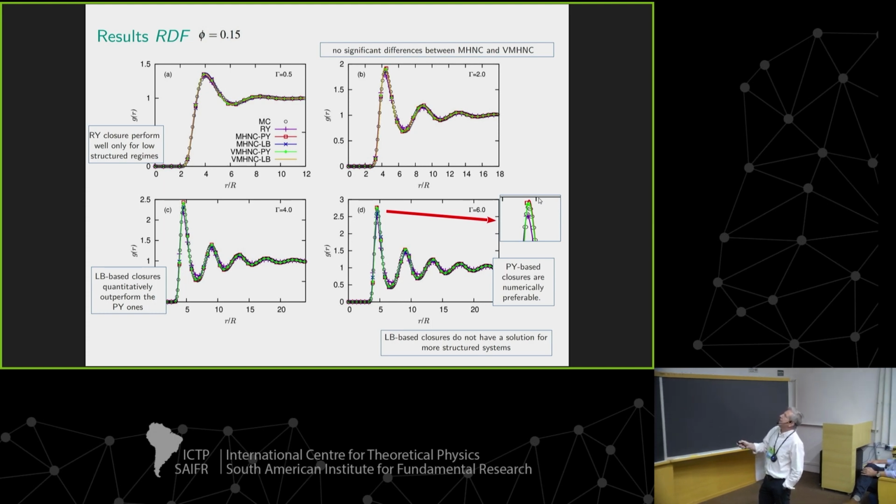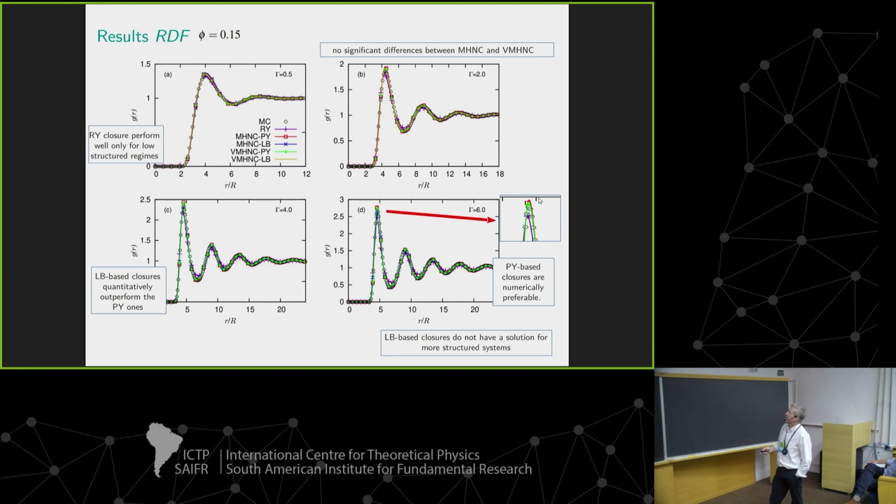And we see that, in principle, all the schemes perform extremely well, except for the Rogers-Young scheme, which works very well for low interactions or low structure systems, but for high structure systems, the violet one, Rogers-Young, is not so good. And here it's also not giving the right